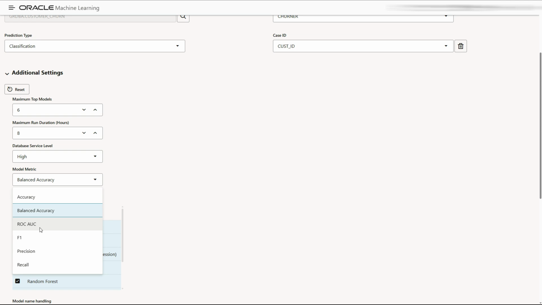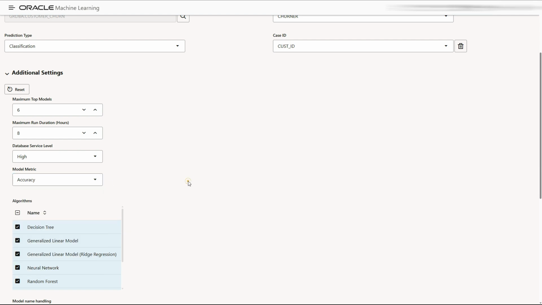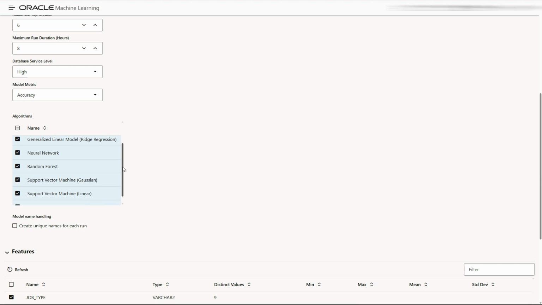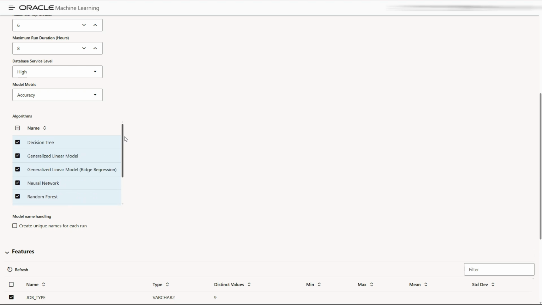This tells us how good the model is. An area under the curve close to 1 means excellent, and close to half means random. I'm going to use accuracy, and here are the algorithms that will be tested for this experiment.